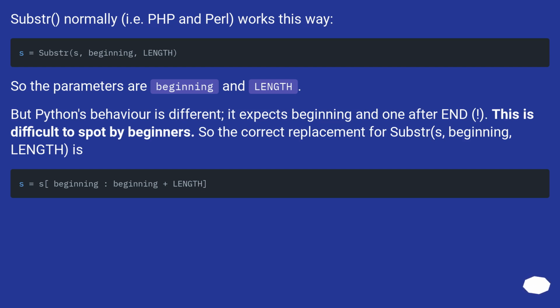Substring normally, i.e. in PHP and Perl, works this way. So the parameters are beginning and length. But Python's behavior is different. It expects beginning and one after end. This is difficult to spot by beginners. So the correct replacement for substr(beginning, length) is